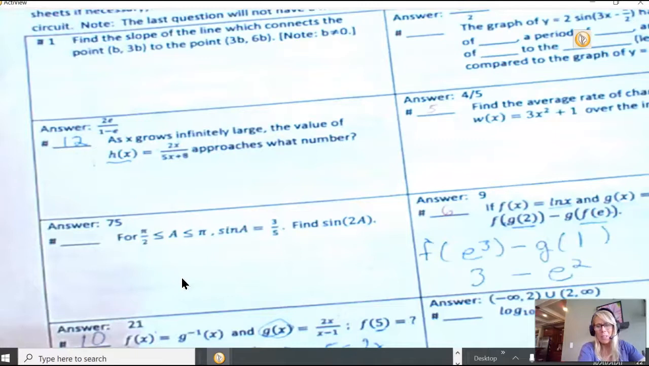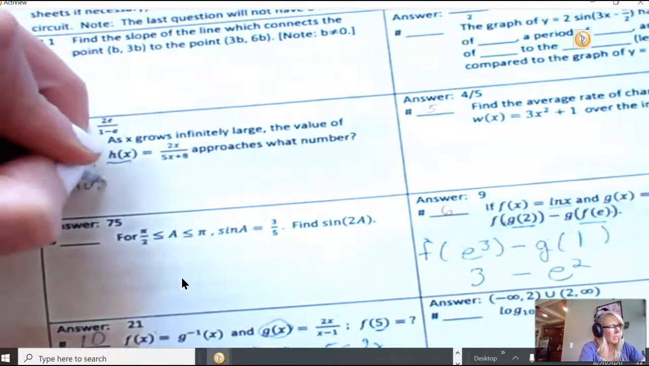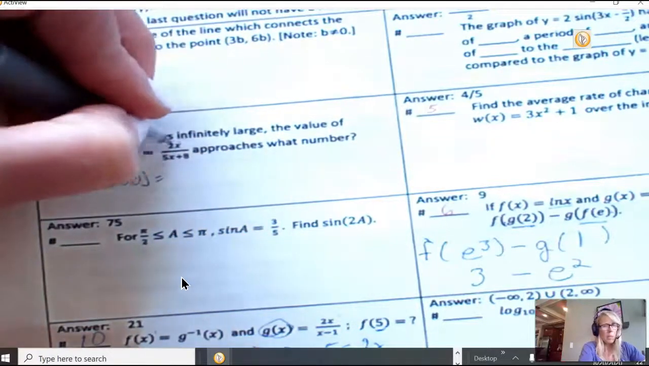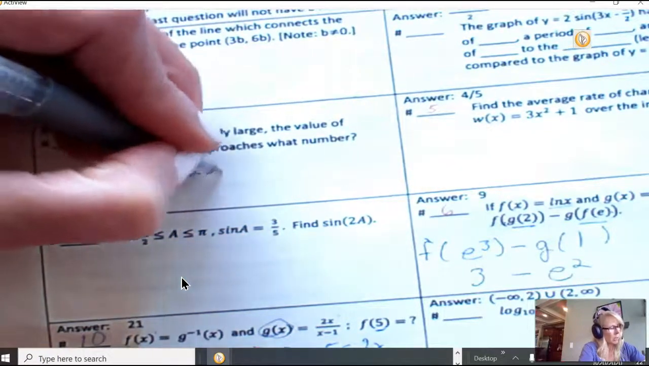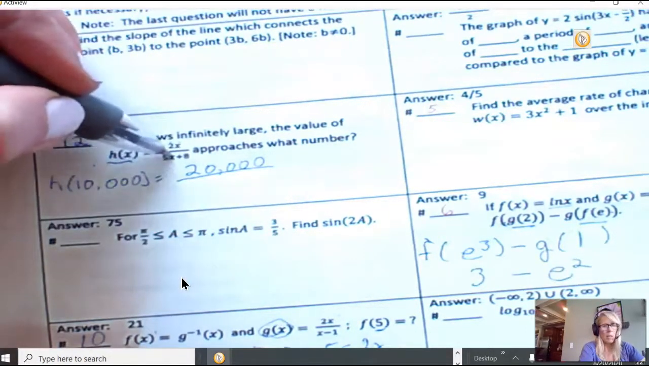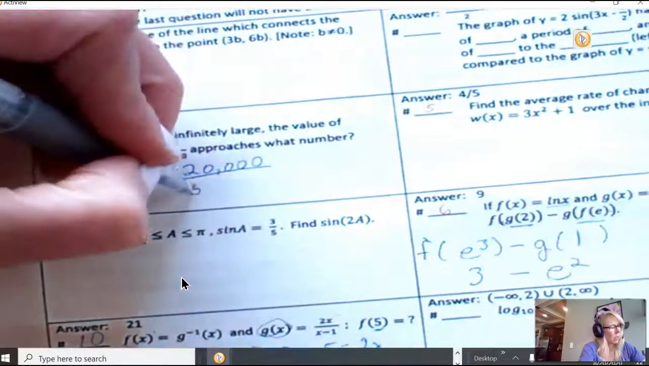Let's just make an example up. Let's use a big number. Now, your idea of a big number may be different than mine. I'm just going to use something fairly easy and see if I can figure it out from there. Let's make it 10,000. Let's make x equal to 10,000. Well, if I find h of 10,000, I would get 2 times 10,000, which is 20,000, right? I mean, that's pretty easy. 5 times 10,000 would give me 50,000 plus 8, so